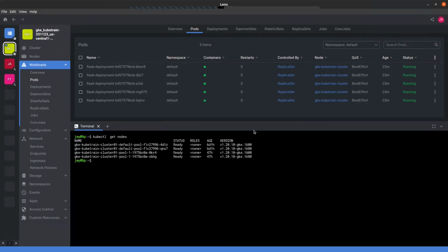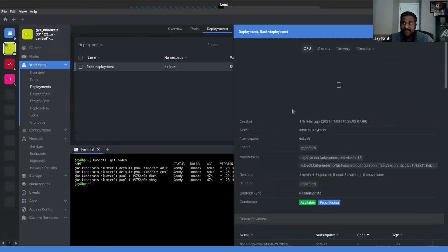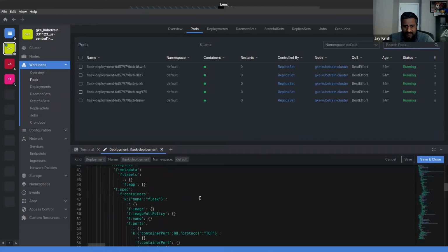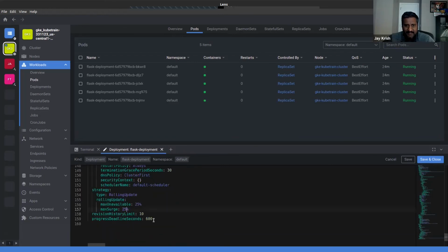Okay, let's have fun with this thing. So I got 5 here. Now let us tell this guy, max surge be 100%. If we say max surge 100%, my theory is that it will create 5 more and then start deleting the unnecessary old guys. Max unavailable 25%. Okay, ready? I clicked. This max surge should be 100%.